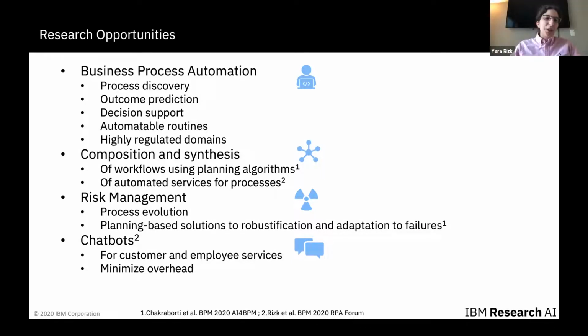Yeah, so I'll comment on a few things, some that I'm directly involved with and some that are part of our bigger team. Some of the authors on this paper are involved with those. So for example, process discovery. We have some work that some of my co-authors on this paper, in addition to their collaborators at IBM and some other research institutions, are working on: how to discover which processes